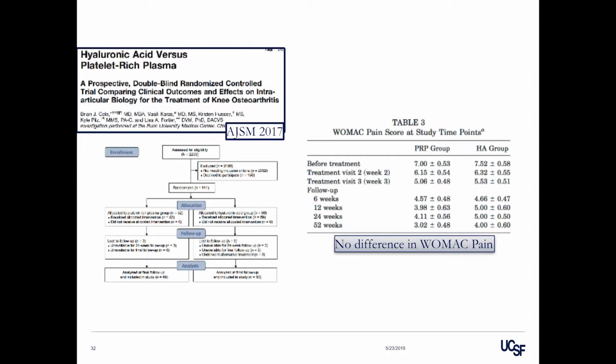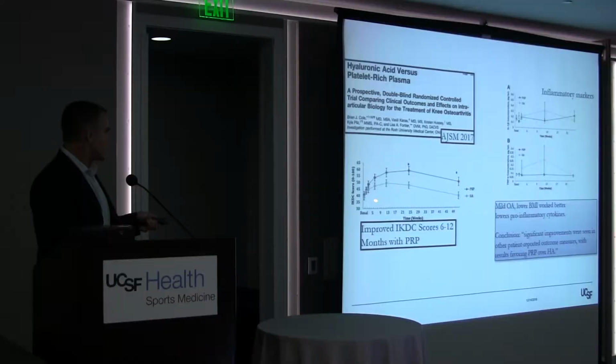They did a prospective double-blind randomized trial comparing the intra-articular biology, saying they measured some functional assays of PRP to hyaluronic acid. So they're smart. They picked a thing that doesn't work very well to compare to. But what they found was that from month 6 to 12 especially, there was more improvement in the PRP group